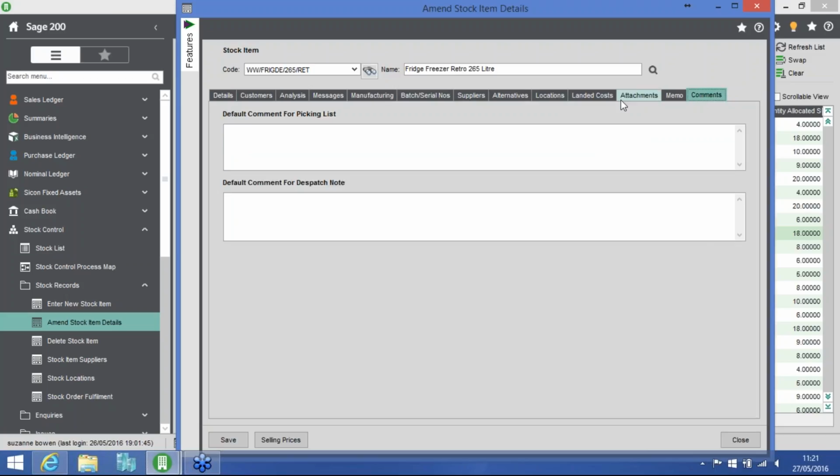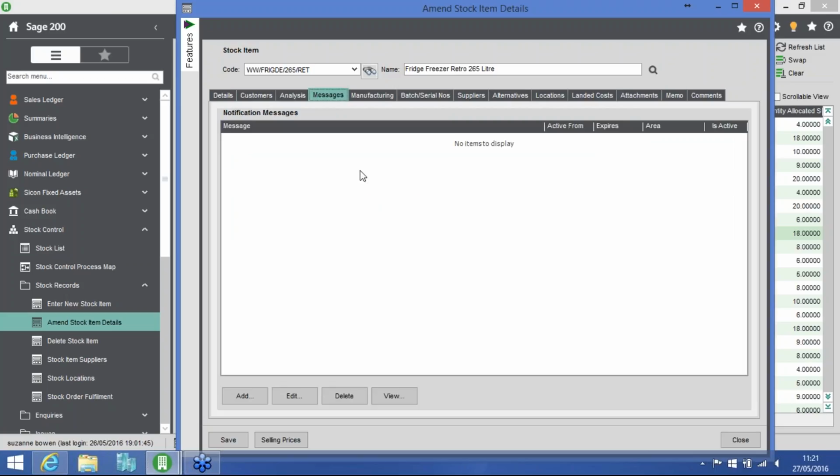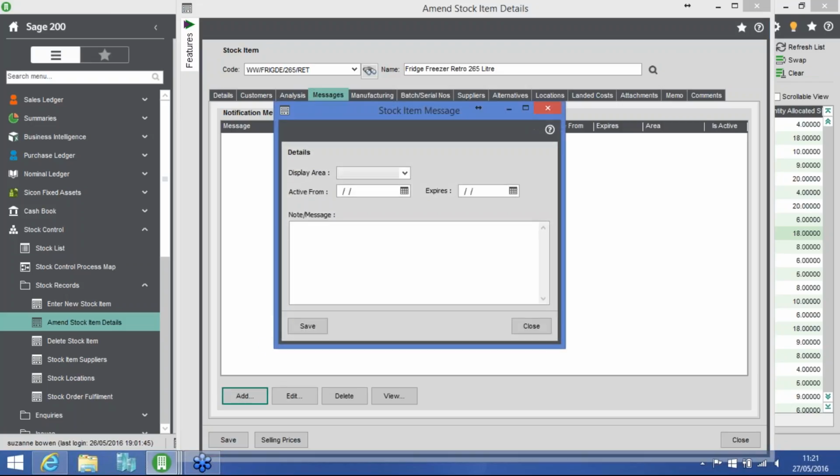Now we also have messages. And a bit similar to when we looked at the sales, we could add messages to our customer accounts. We can add messages to our stock items, and we can define where we want those messages to be displayed. So do we want it displayed just when a new order is entered, when an order is dispatched, when a purchase order is entered, when we receive goods against that purchase order, or when we add stock? We have the option to select everything, so we always want this message to be displayed regardless of the function